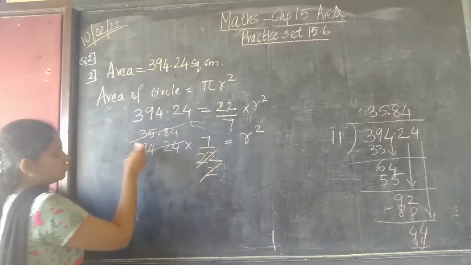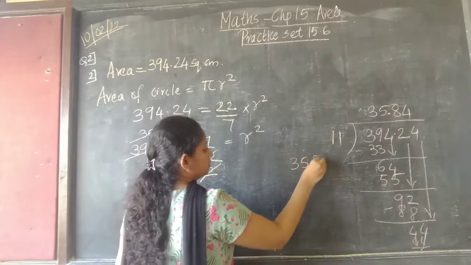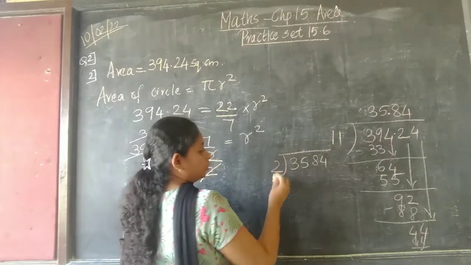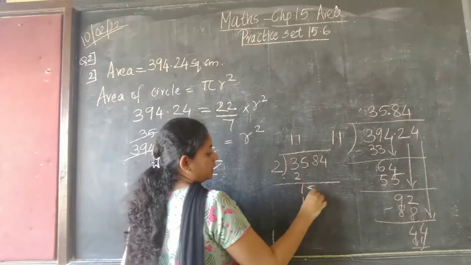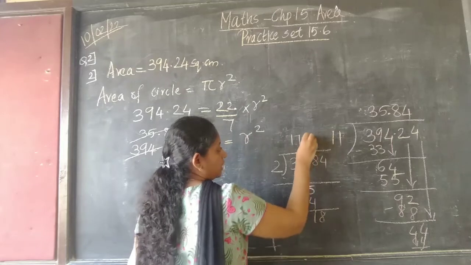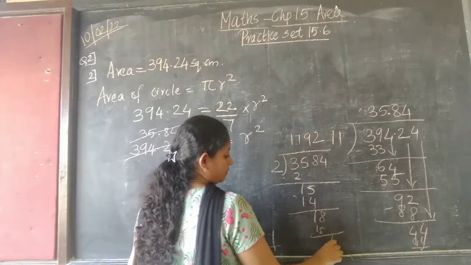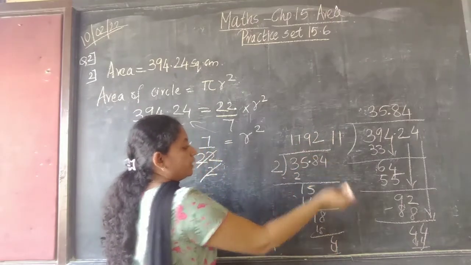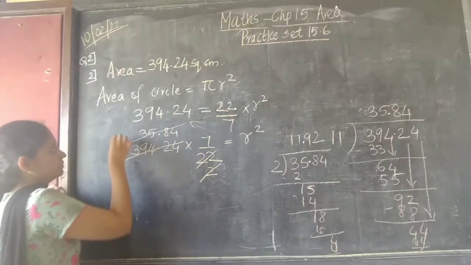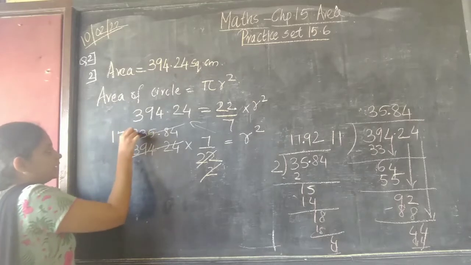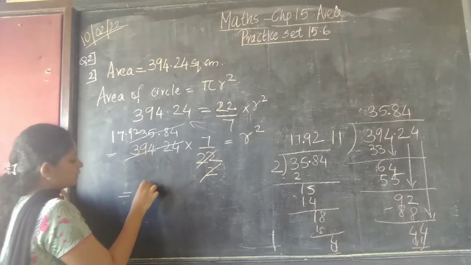So again it can be cut. 2 how much are you will get? 35.84. So you can again check. Divided by 2. 2 1s are 2, 1 5, 2 7s are 14, 1 8, 2 9s are 18, carry 4, and then 2 2s are 4. But here it was 35.84, so here answer also before 2 numbers you are going to put a decimal point. So what answer you are getting? 17.92. So what is remaining? In the next step you have to write it down, students, so that you will not miss out anything.